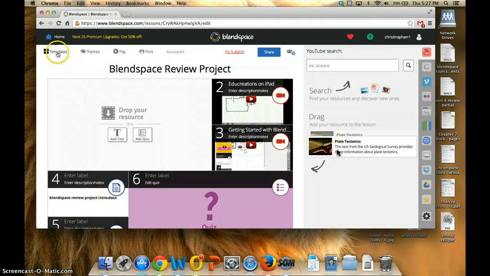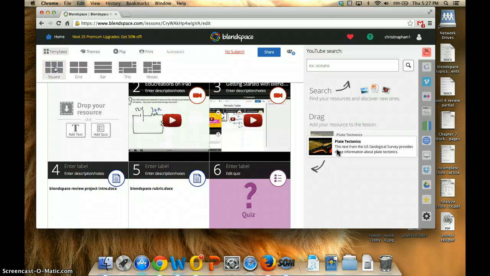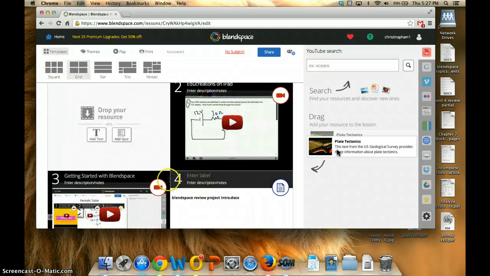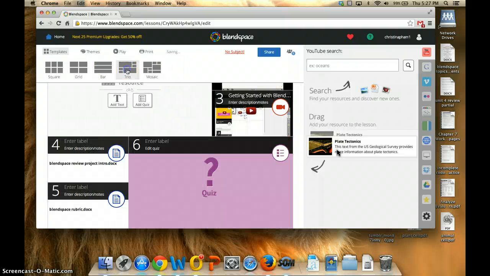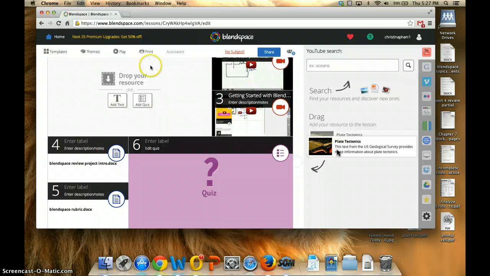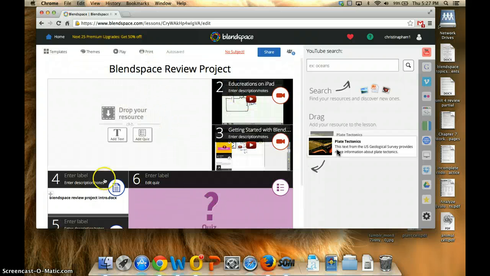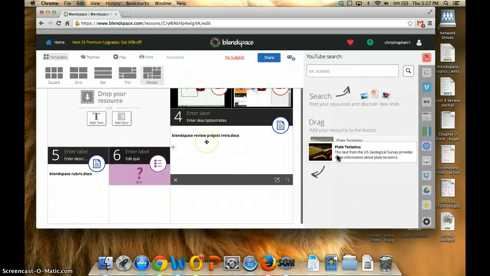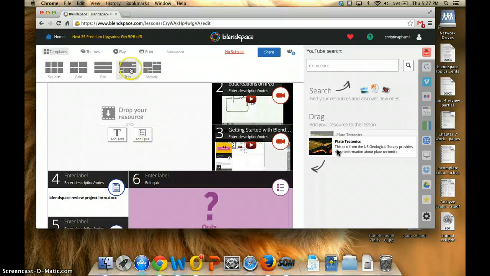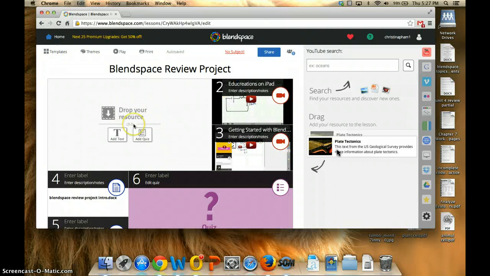Here's a template. So I can do basic squares. I can do a 4x4 grid. I can do long bars. I can do a trio where I have two small spaces, two big spaces, and two small spaces. I can also do mosaic. Mosaic's kind of trippy. I'm not really big into that one. I like trio for this one because there's two major sources I want you to have. Number one